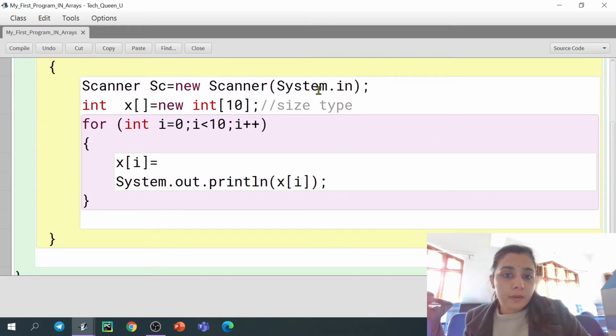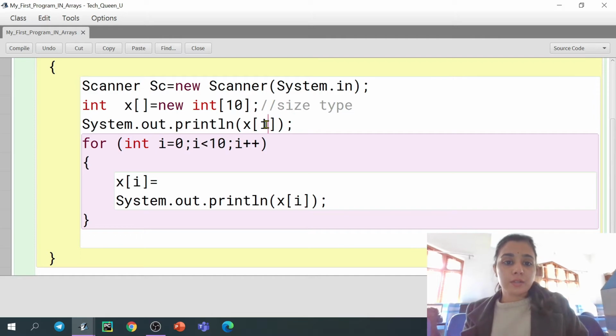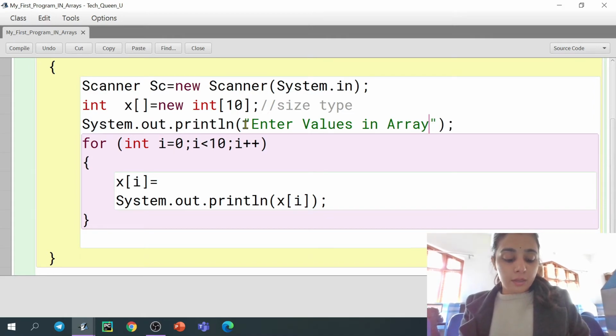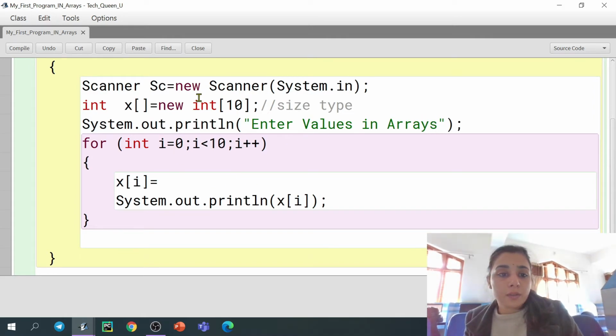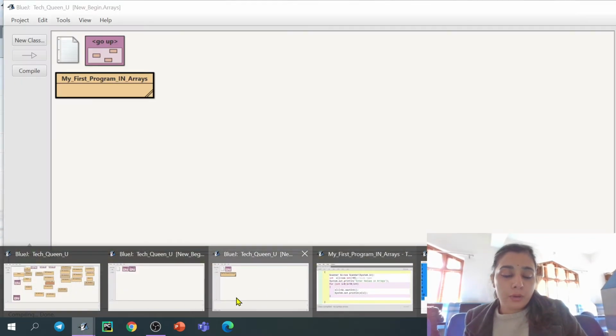So now, let's say control C, and you are giving a message, enter values in array. Right, so you have given this. Now our Scanner class object is sc. As you know, for that we are using nextInt, and we have given a semicolon. So now we will ask the value from the user. Let me compile that.